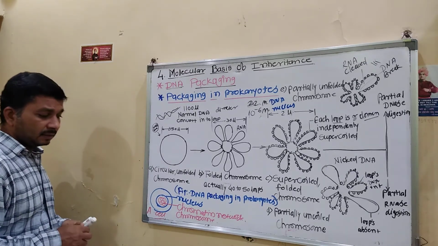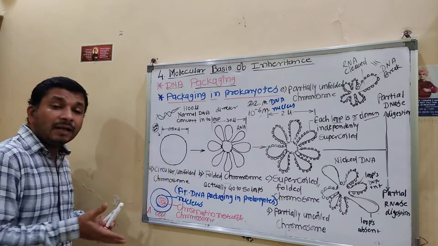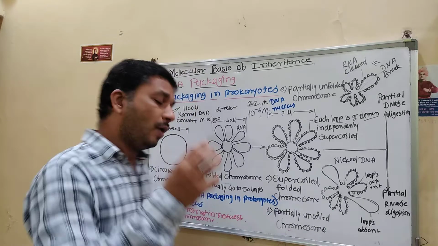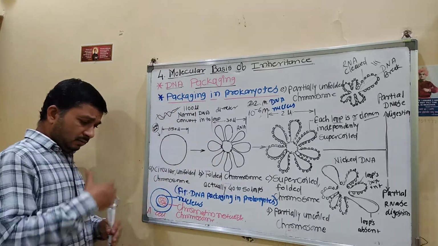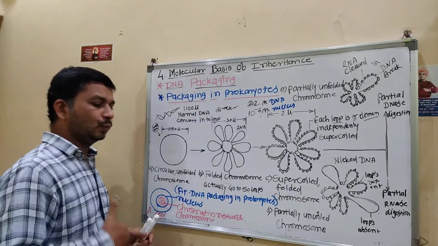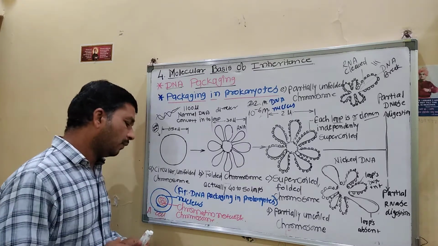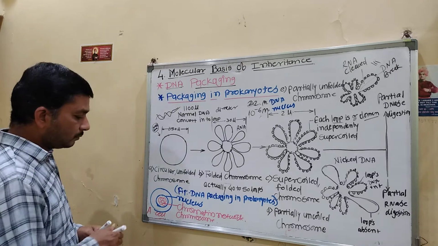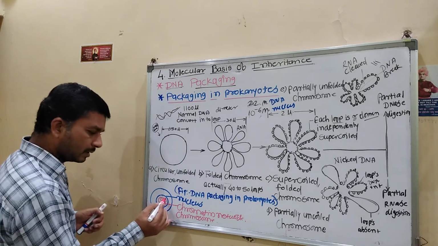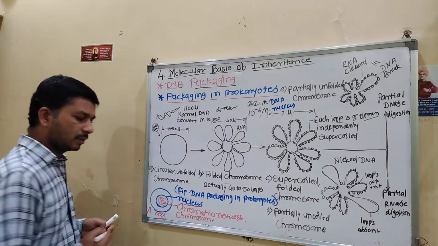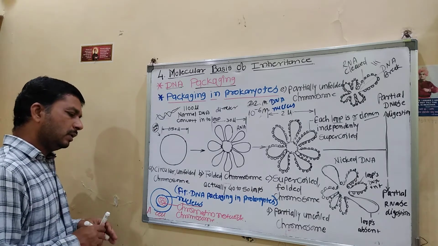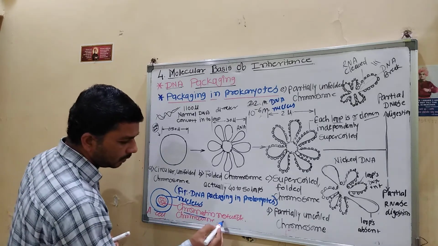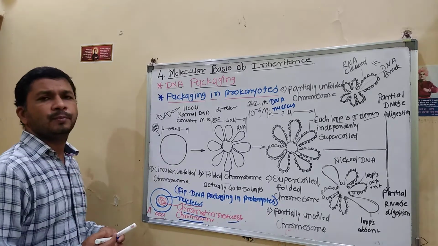Inside the cell, and what is the cell? Cell is the basic fundamental unit of life. From this there is the arrival of a new era, or a new generation, right? Then this is the cell. Inside the cell, we found the nucleus, okay? And inside the nucleus, we found the chromatin network or chromosome.